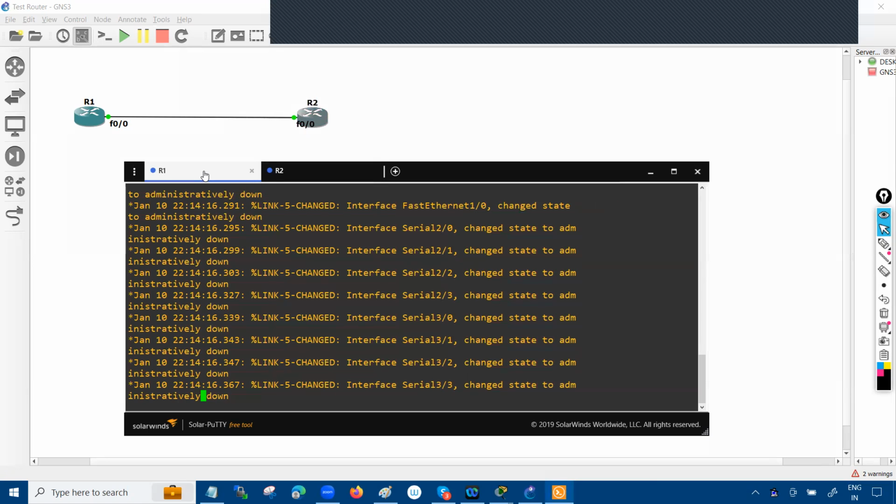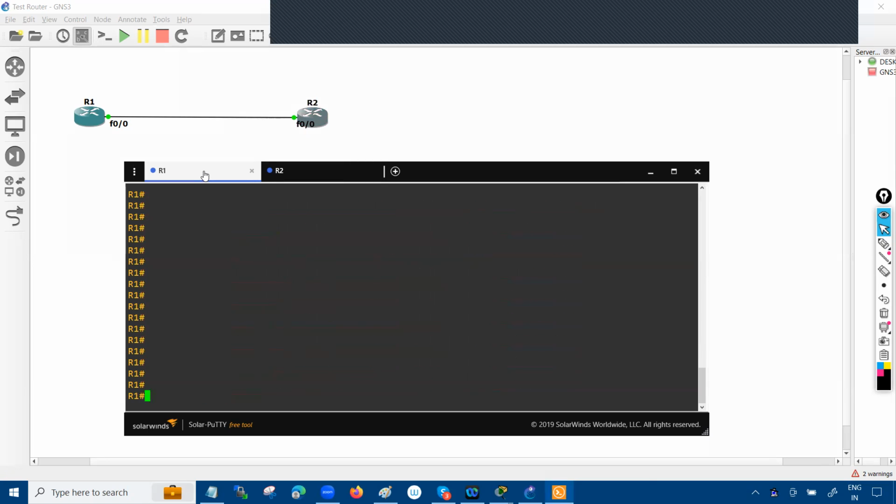Okay, so that's my router one. Maybe you have a question here: I'm not getting the user mode right now over here. We are just entering the privilege mode. So that's a GNS3 behavior. I cannot do anything, but